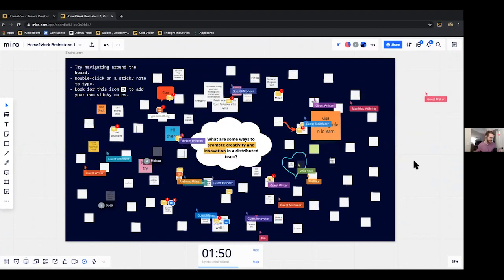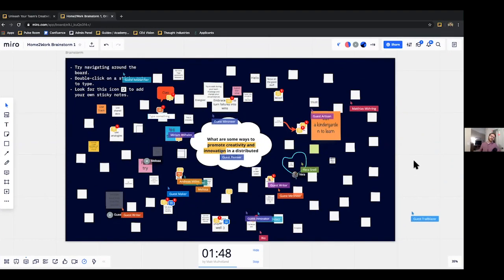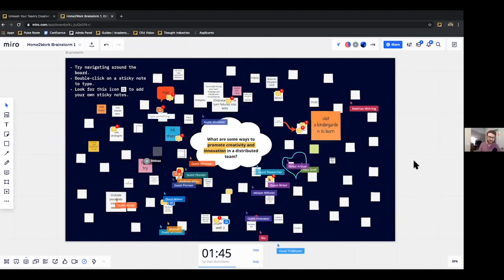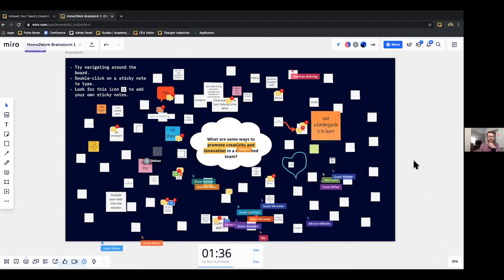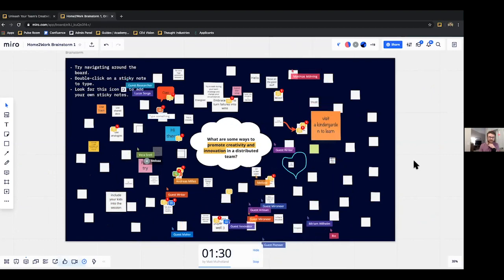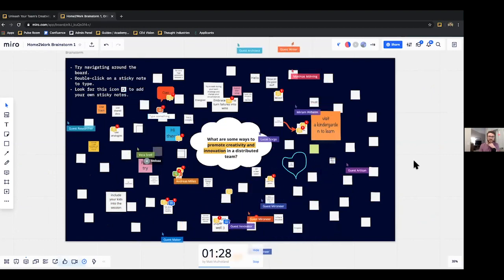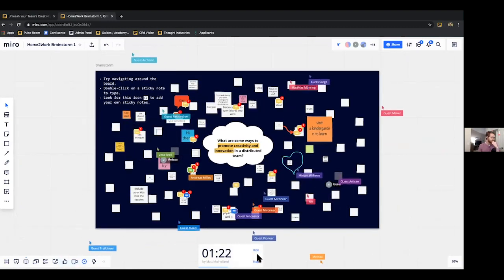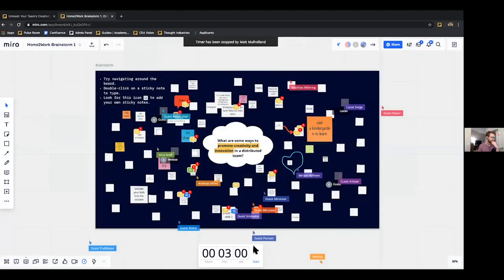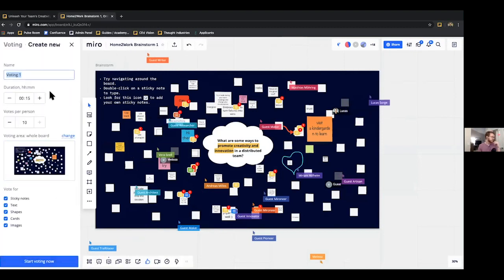Okay, in the chat, do you guys want to try out the voting tool or do you want to go to Q&A? Maybe we could do both. Let's do it. Okay, so if you guys are able, go back over to my Zoom screen because I'm going to show you guys how to use the voting tool. Okay, so I'm going to stop this. This is the timer. So over here on the left, I'm going to start a voting session. And we're going to call it brainstorming